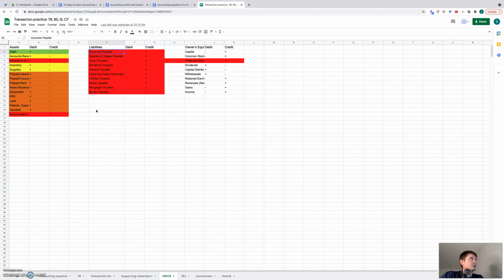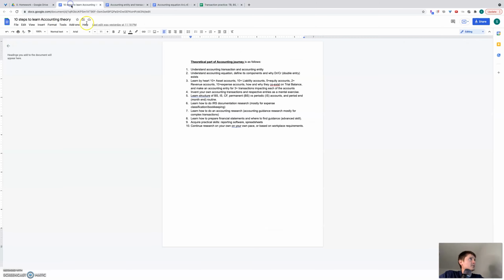And if you go to liability, you will see that debit decreases the liability and credit increases the liability. And equity acts more or less the same as liability, but we will investigate this further during the road of our lectures. On the third step, once you take a grasp of debits and credits, you need to practice